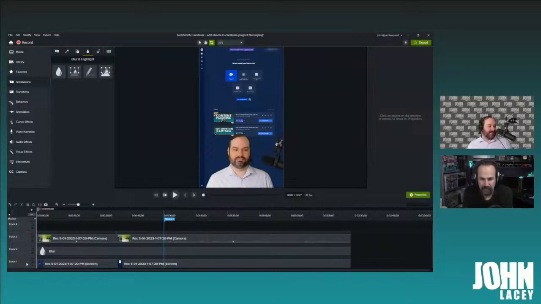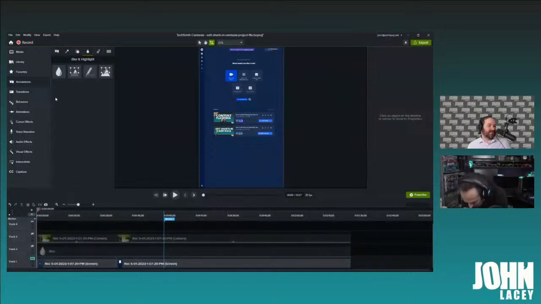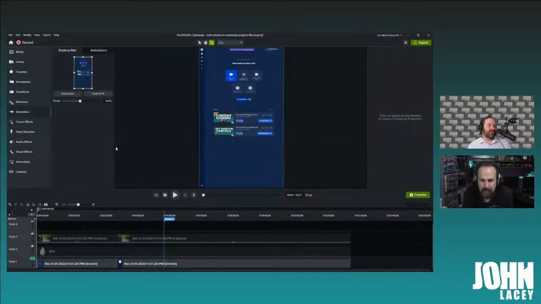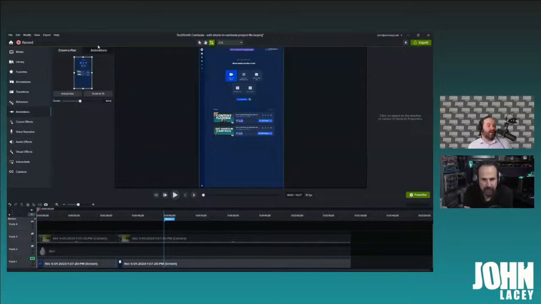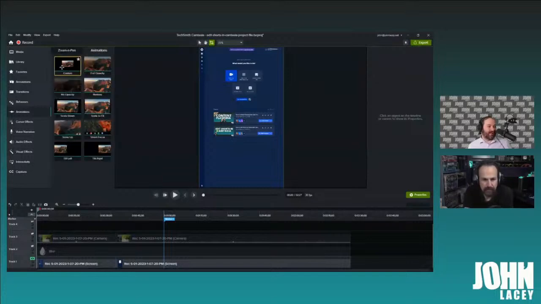But anyway, just getting back to what I wanted to show you earlier in terms of some of these other things that we can do. If we go to animations, we can create animations, pans and zooms. They also have a whole bunch of presets with opacity and scale fit and smart focus and that kind of thing. But one thing that I like to do is drag a custom